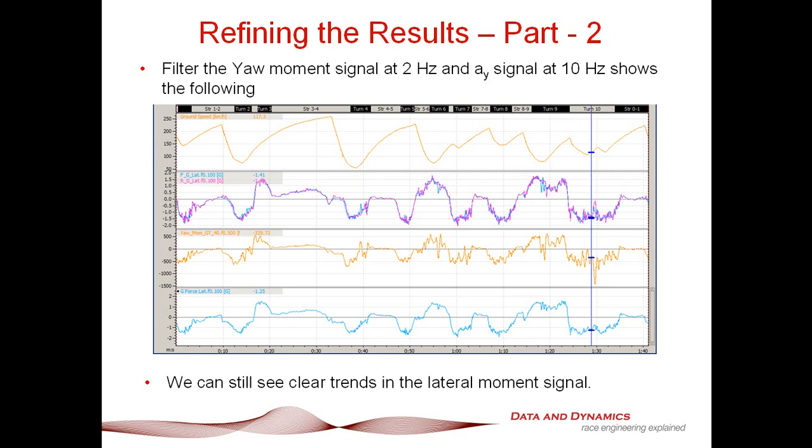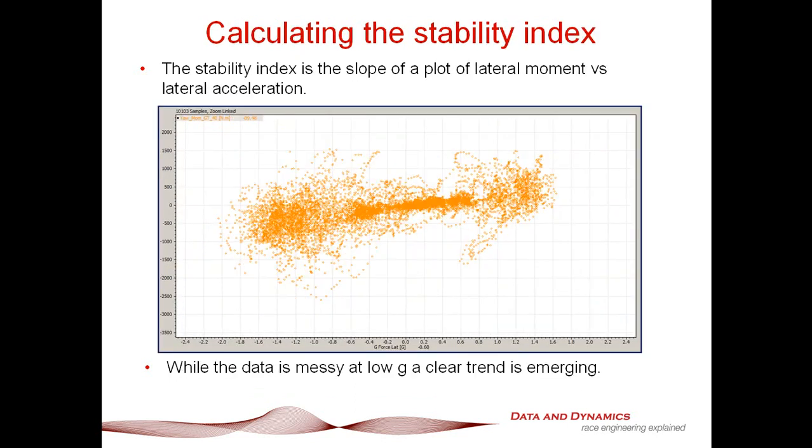And we factor into that, we've got cars going over bumps, we've got drivers modulating traction with the throttle, and various different steer inputs. There's going to be a bit of a spread in the data. However, what we're after here to evaluate the stability index is a clear trend. And we could start to see that trend emerge from looking at the raw data, particularly from what we were